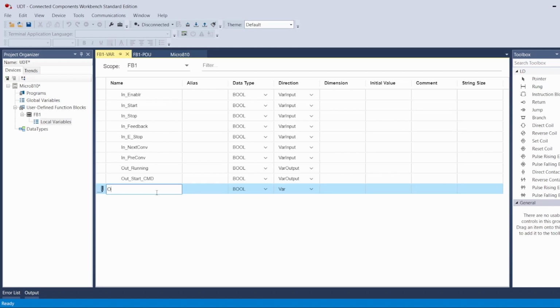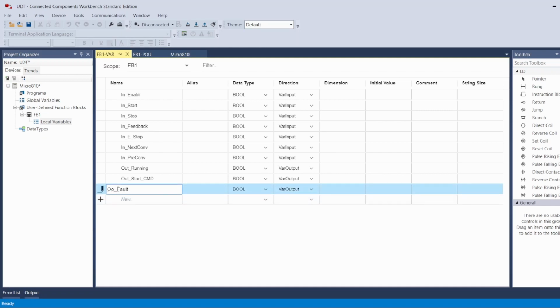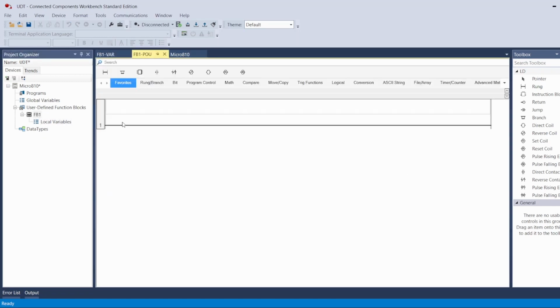And the last output is if the conveyor faults. Let's call it out fault. You will see now where I'm going to use it, but if the conveyor got the command to start but it didn't start, I need a signal to tell me it's faulted. Okay, so I have these tags, and if I miss something I can come back and edit it. That's fine. So now I can go to my routine and start doing my logic